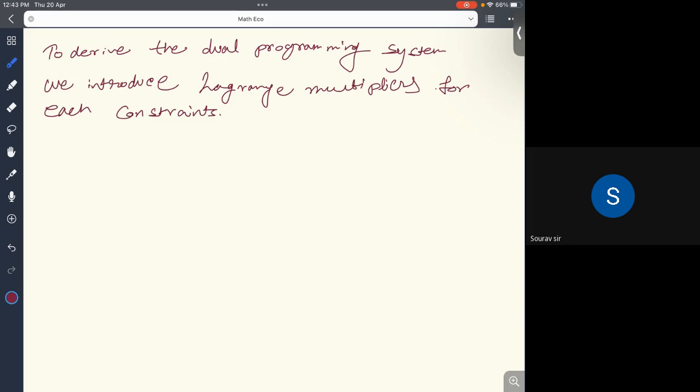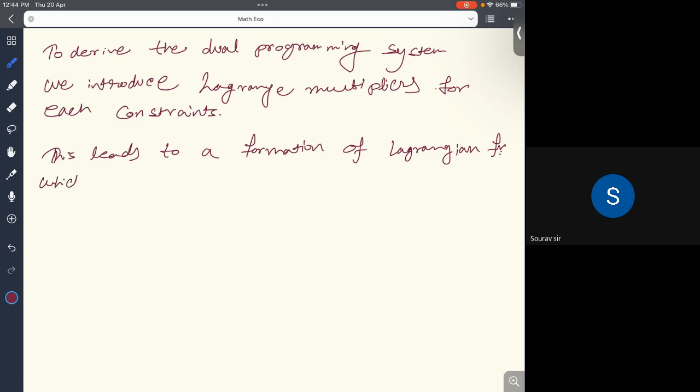Then this leads to the formulation of a Lagrangian function,